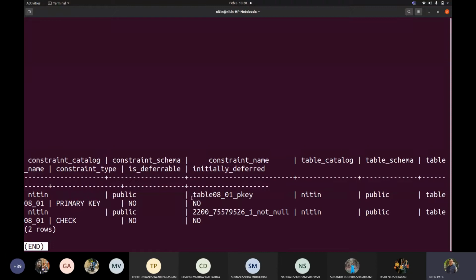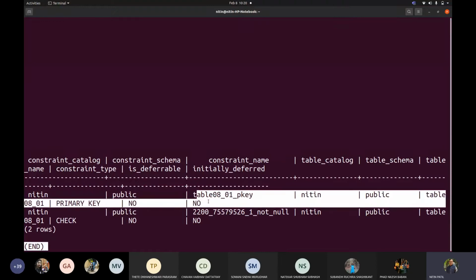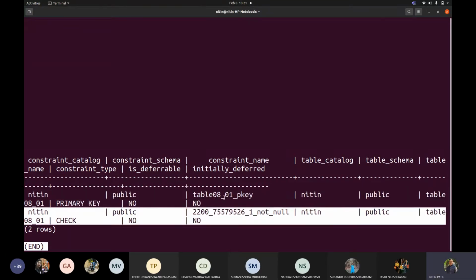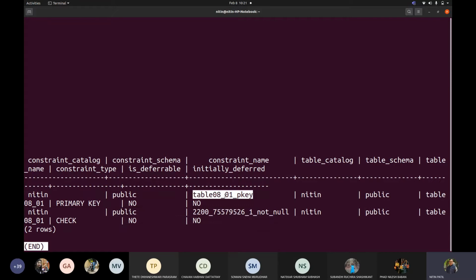Now I will be able to see that this was a table added by me, and for which this primary key is automatically added. Now as I added it as a primary key, internally it added one more kind of constraint which checks for this not null, for the same table that I do have.